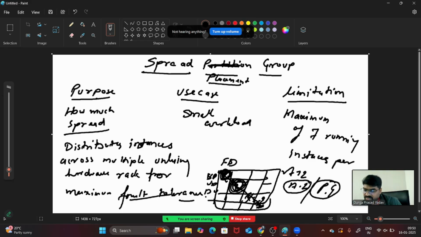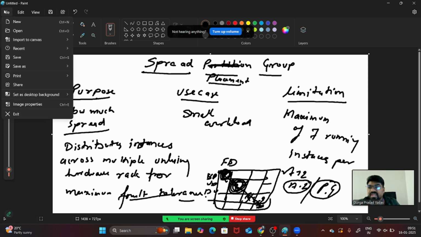One availability zone in one placement group, another availability zone in another placement group, like that it will work. Two machines will not be in a single availability zone, and that availability zone will not be part of a single placement group. It is all about what type of workload you do have and how you are going to distribute your workload.